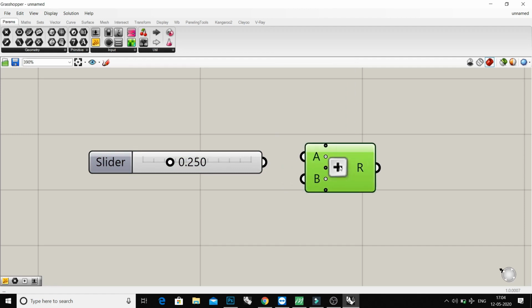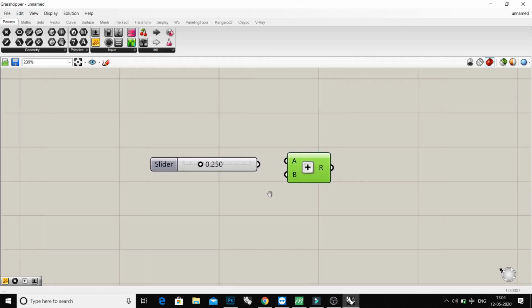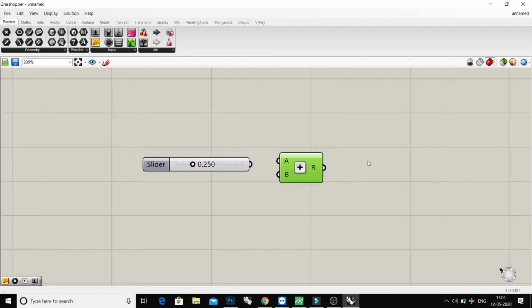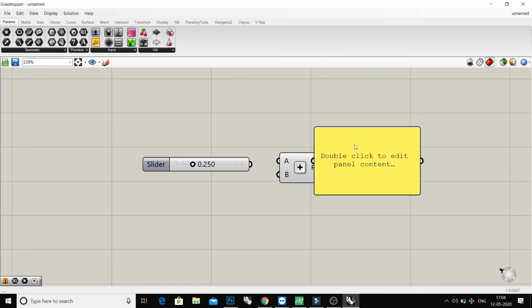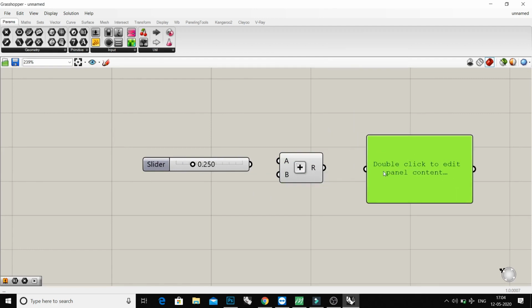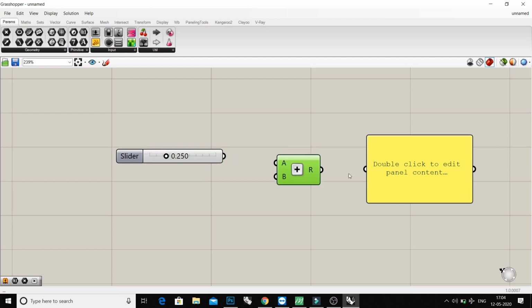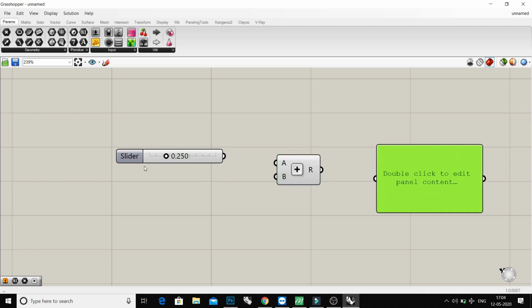Also I want to take an output panel called Panel. This panel is for the output. Here I have one parameter, one component, and one output panel.